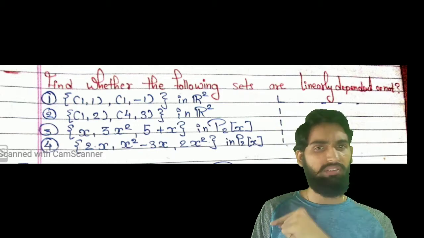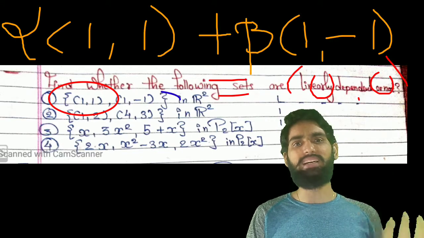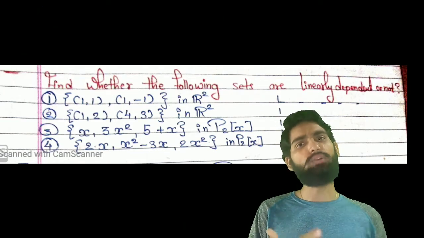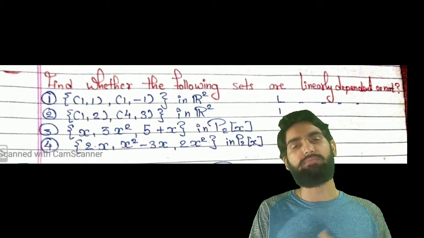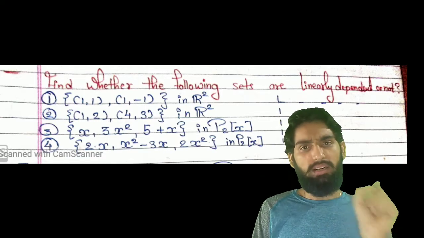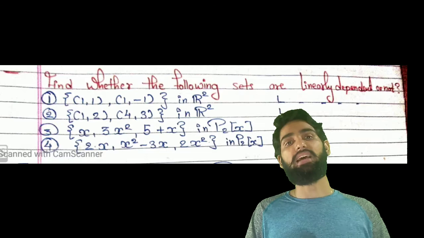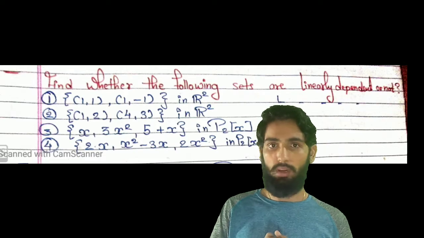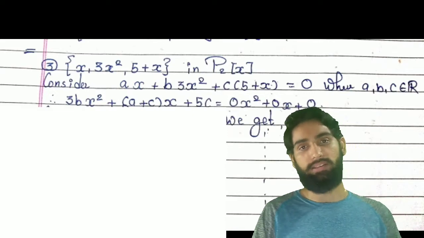So if I want to check whether the given set is linearly dependent, what I will do is consider alpha times the first element plus beta times the second element equal to (0, 0). I will try to find the values of alpha and beta. After getting them, I will see whether they are non-trivial, meaning at least one of them is not equal to 0. If that is the case, then I will conclude the given set is linearly dependent. Okay, so that is just an exercise question. We will be discussing question number 3 in this lecture in detail.